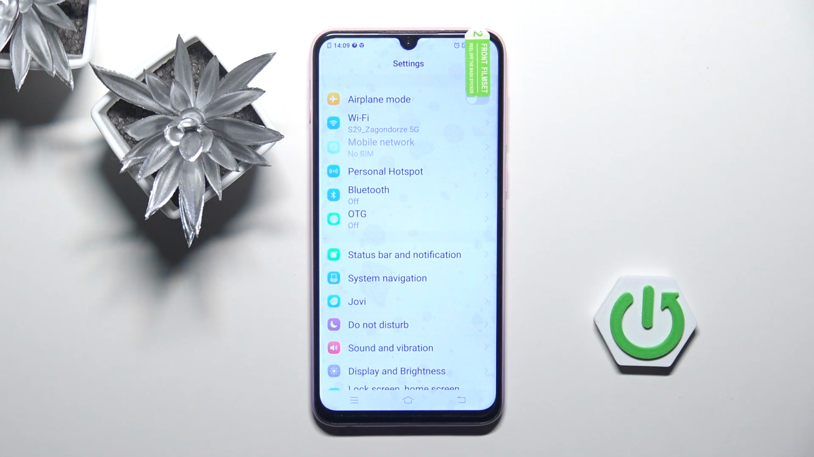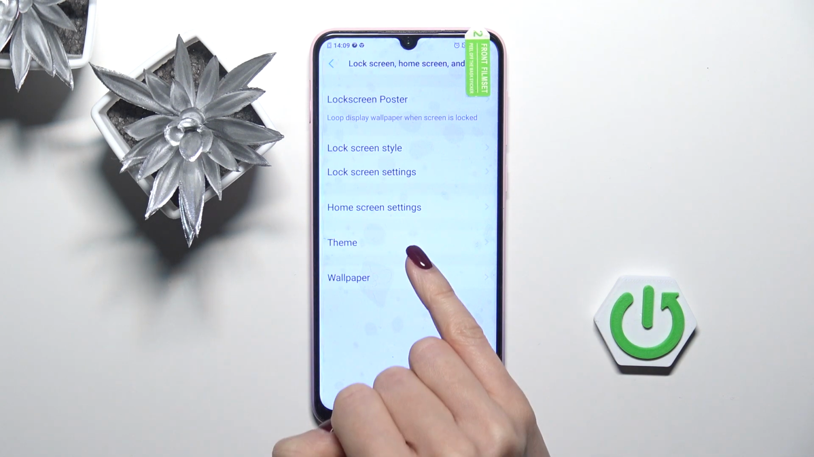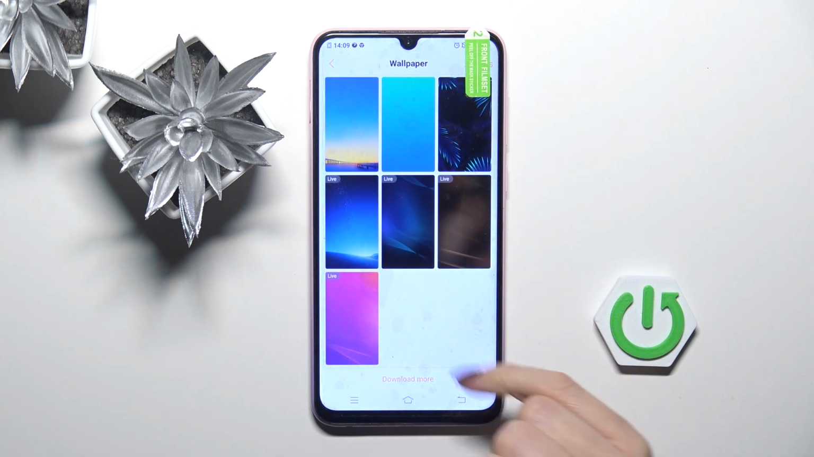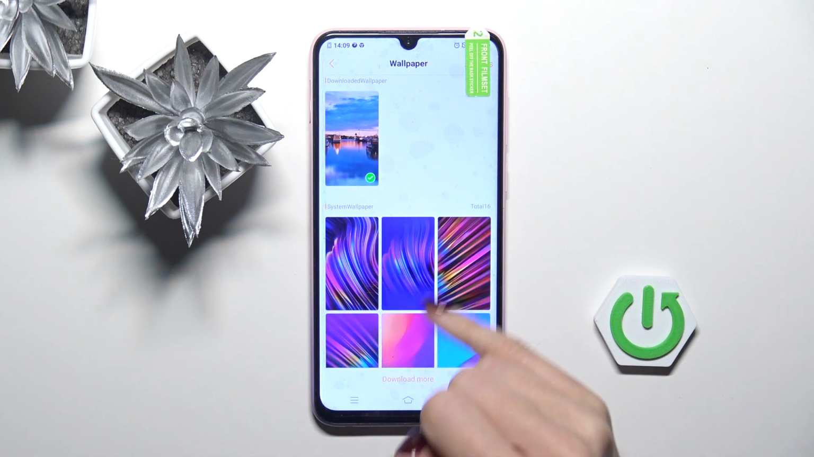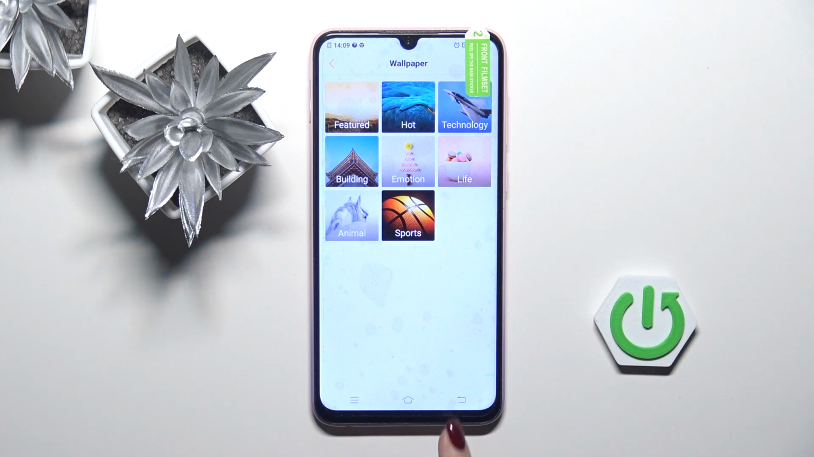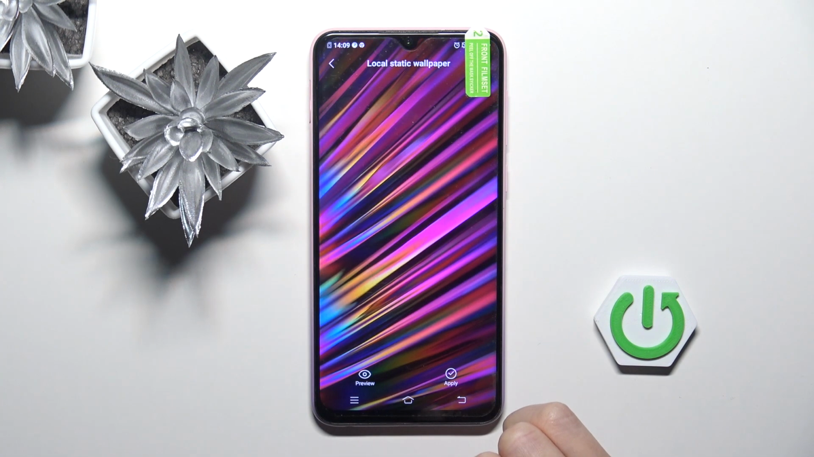At first open the settings, then find and select lock screen, home screen and wallpaper and mark wallpaper. Here you need to select the photo that you want to cover your screen with. You can pick download more to search for more wallpapers, or pick something from default wallpapers, for example this one, then mark apply